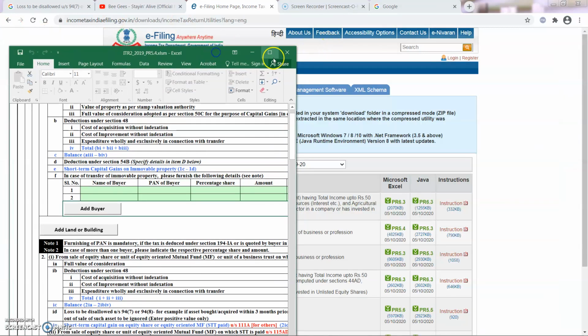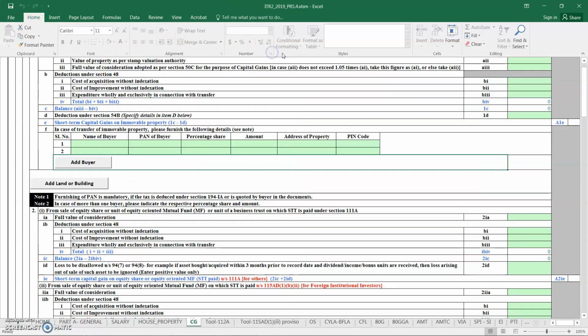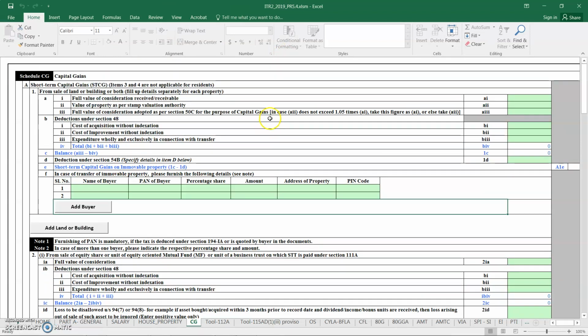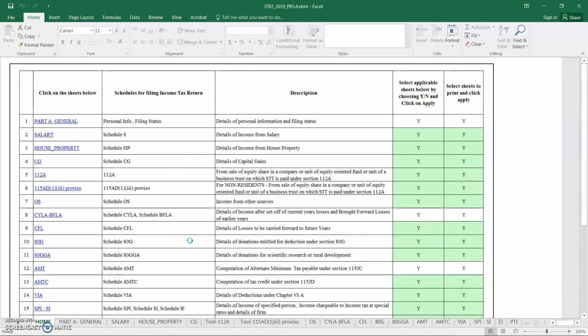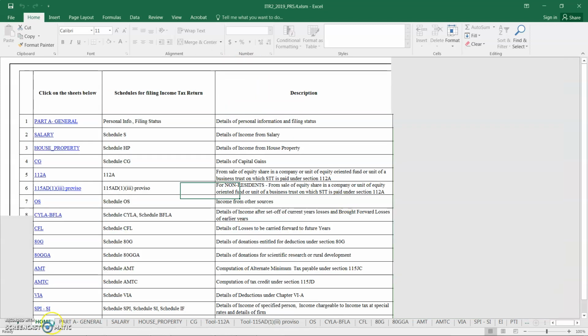So I'm downloading it, I have this form. It will be a zip file. You can download any zip utility to unzip the folder and extract all the files. So this is the file for ITR2. This is the general page. Here you can see tab 1. If you go to this tab,